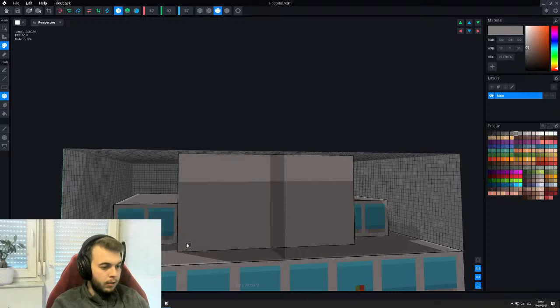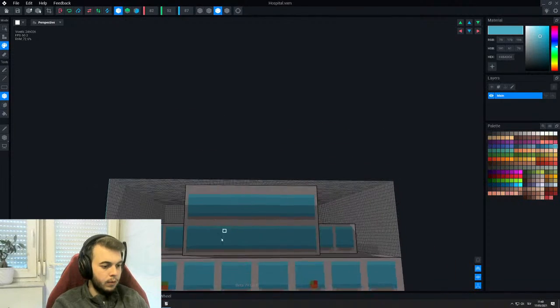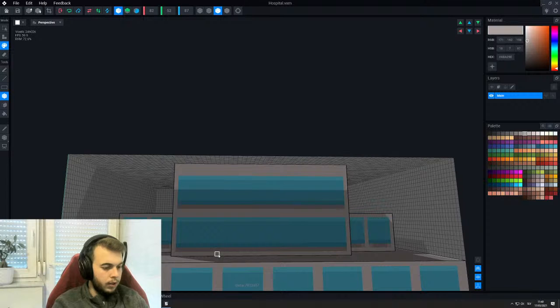So I guess first we have the gray, the dark blue, the bright blue. So that's 2, 3. Wait, what? Okay, so we need another row and then the bright one. Then we need to leave 2 in between and then repeat the whole process. 2, 4, 5. Then like this. Then just